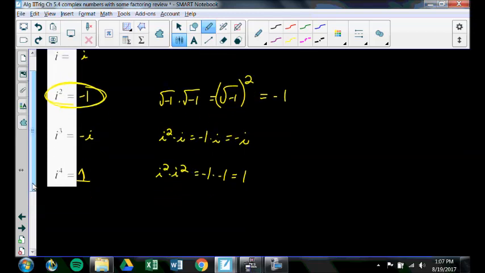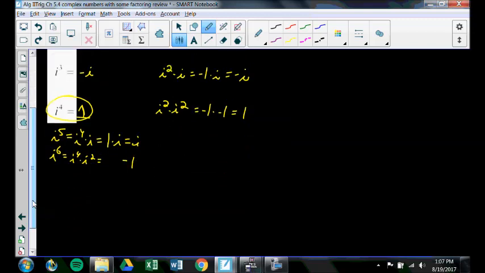And now everything will start to repeat. If I do i to the fifth, well, i to the fifth is really i to the fourth times i, and i to the fourth we know is just 1 from here. 1 times i is just i. So i to the fifth is just i. And i to the sixth is i to the fourth times i squared. i to the fourth we know is 1. i squared we know is -1, so that's just -1. By all this same pattern, same logic, it's going to go i, -1, -i, 1. i, -1, -i, 1. It just keeps going in this pattern over and over and over,